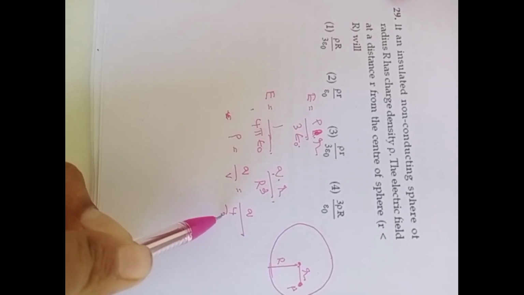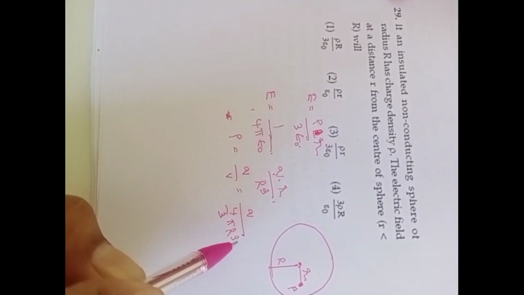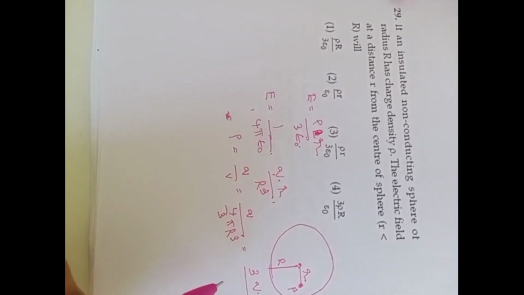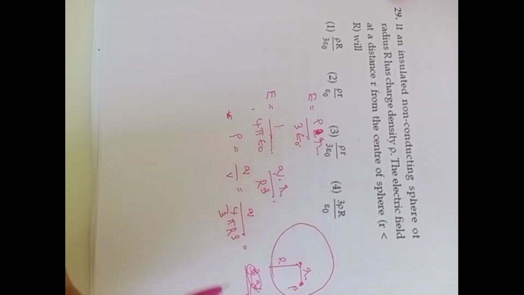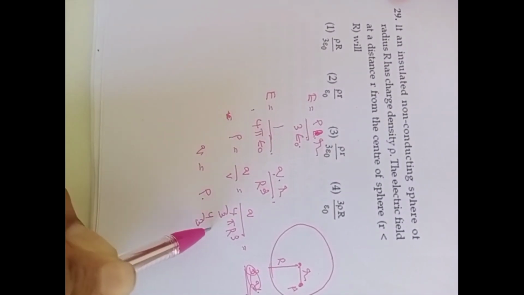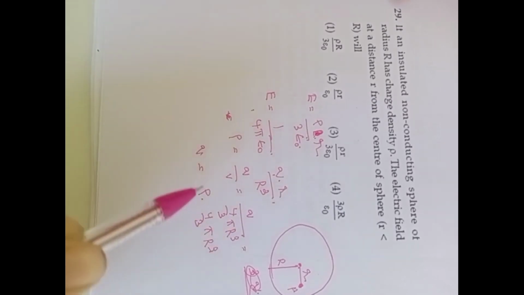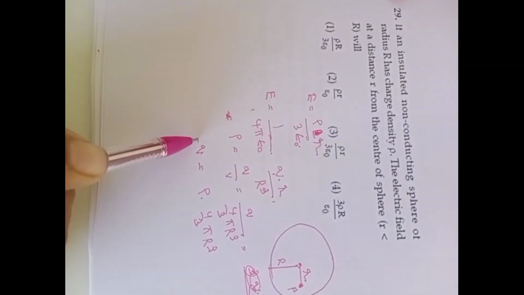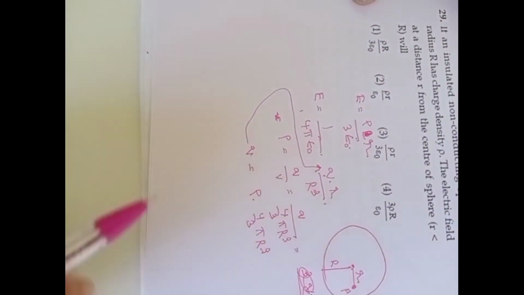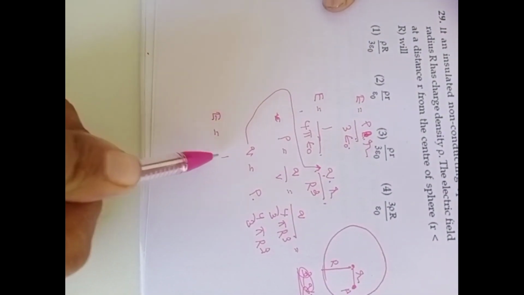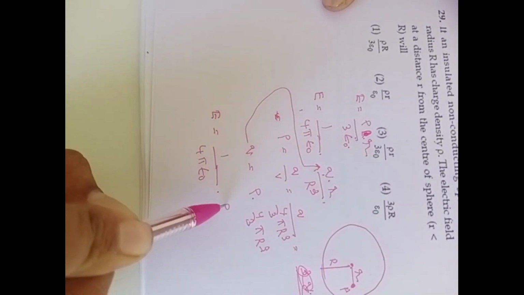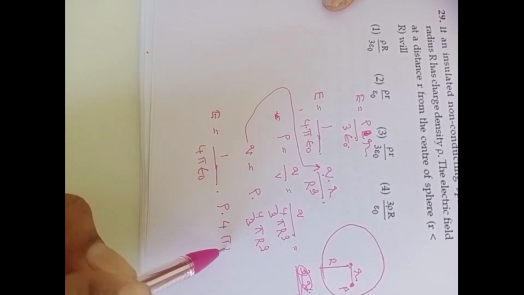Q by 4 by 3 pi R cube. Or you write directly Q is rho into 4 by 3 pi R cube. You substitute this Q value here. Then what will happen? E is equal to 1 by 4 pi epsilon naught, rho into 4 pi